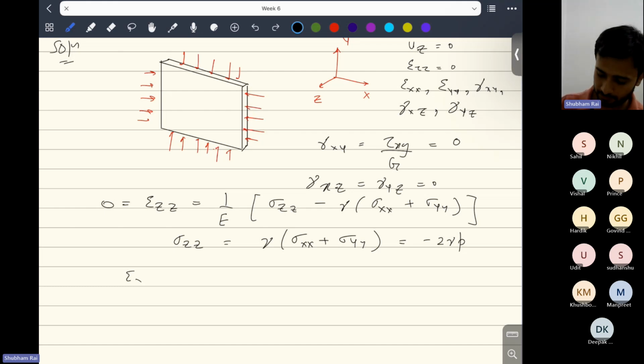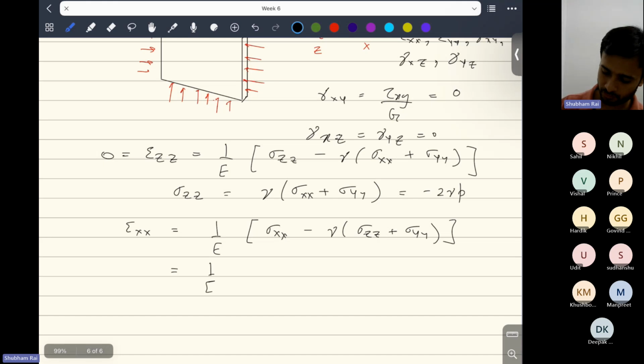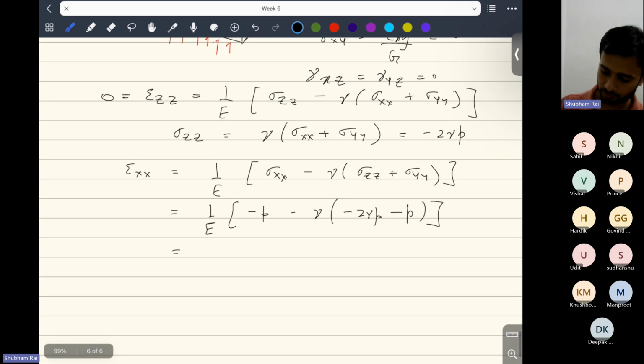Now you have epsilon xx equal to 1 over E times sigma xx minus nu times sigma zz plus sigma yy, right? So now you have an expression for everything. So we just put it here. Sigma xx is minus p, sigma zz is minus 2 mu p, and sigma yy is minus p. If you solve it, you will get